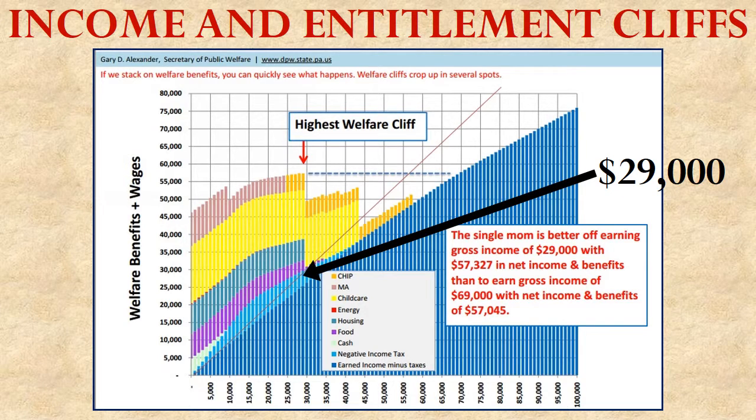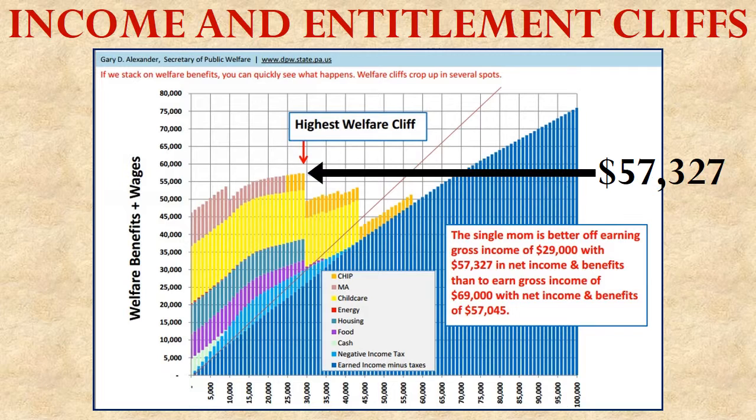Now let's notice the specifics of this diagram. Where I have the arrow pointing now shows where her wages would be $29,000. Okay, so that's her salary. She has a job. She's making $29,000. If we now look at how much money she's actually bringing home when we total on all the welfare benefits she would also get, she's actually bringing home $57,000 between the money she earned at her job and the welfare benefits that she's given. She is ending up with a fairly sizable amount of money to take care of herself and her children.